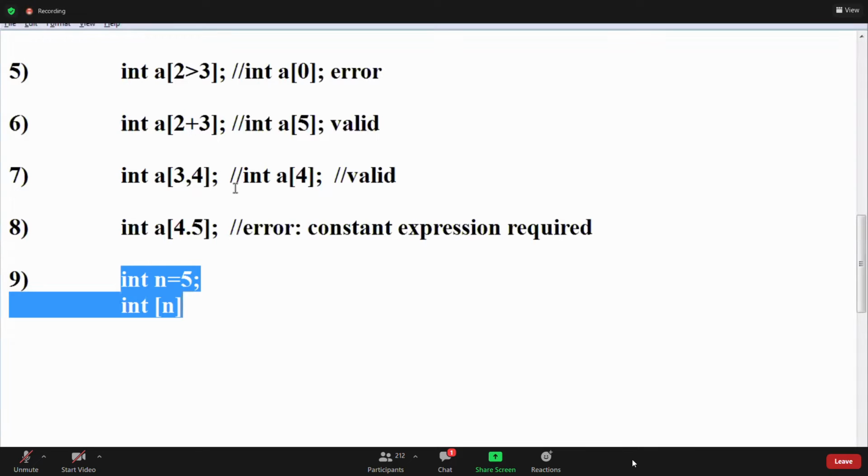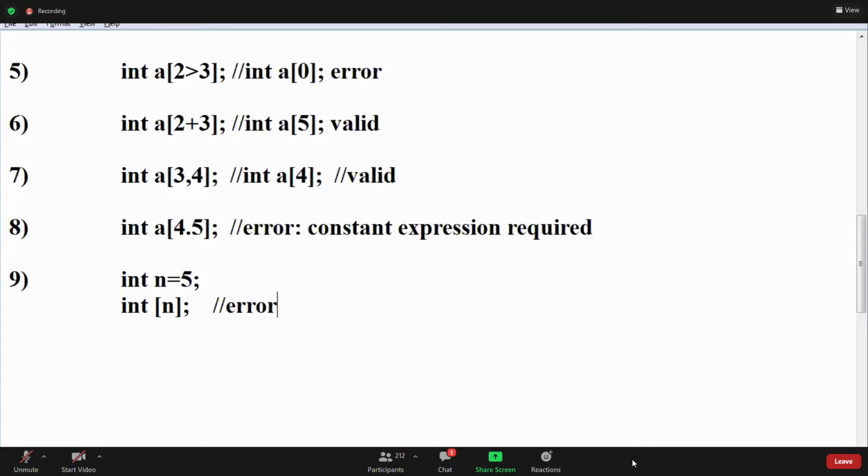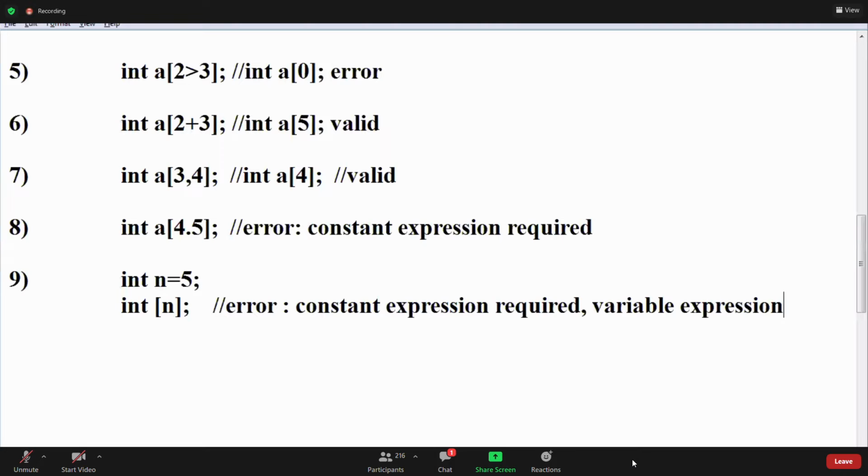Okay, now variable expressions are errors. Right? The error is what? Constant expression required. Variable expressions are not allowed. Variable expressions are not allowed as a size. Okay, na?